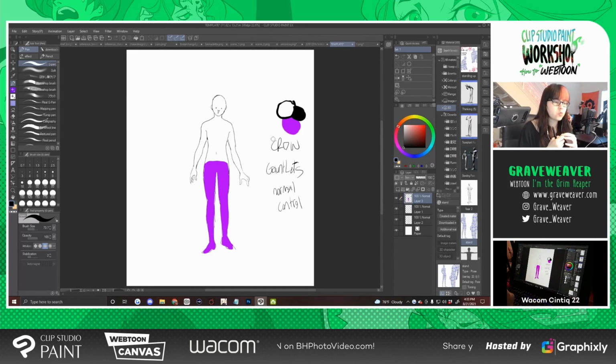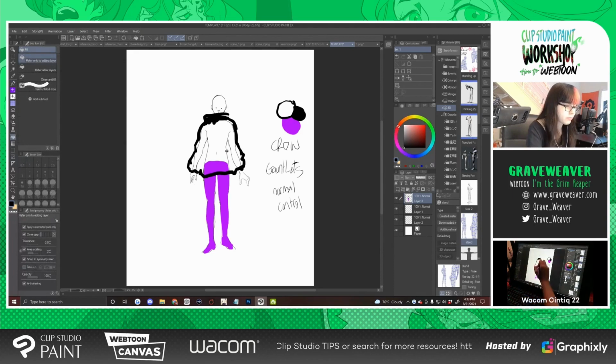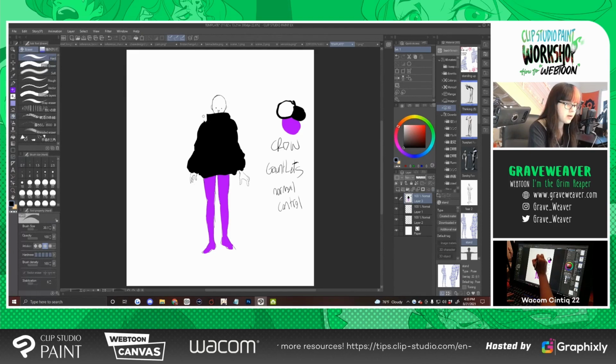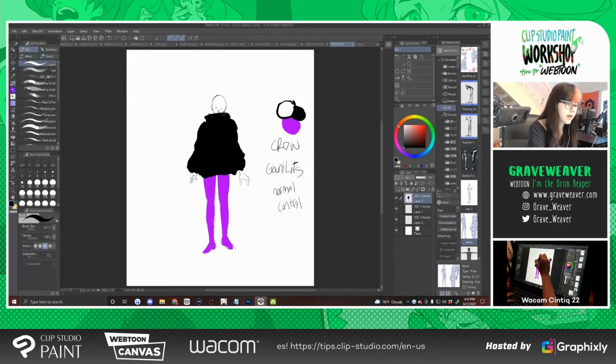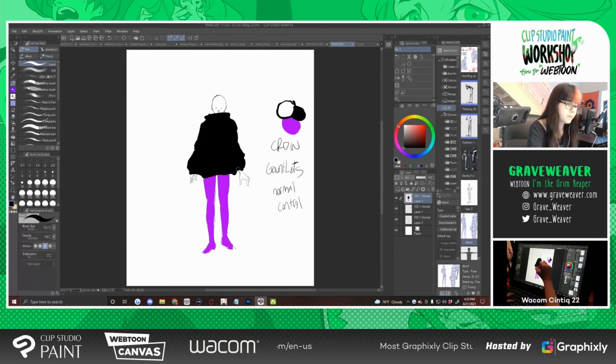We want to contrast the bottom half of the character to the top half and have them be wearing really baggy clothing. So I want this big shape. I think this could just be like a baggy coat or something. But right now I'm just filling in a shape, right? So we have the character with this big top. This is definitely just going to be like a baggy coat or something. And the reason I'm thinking we can give them this coat is because we have